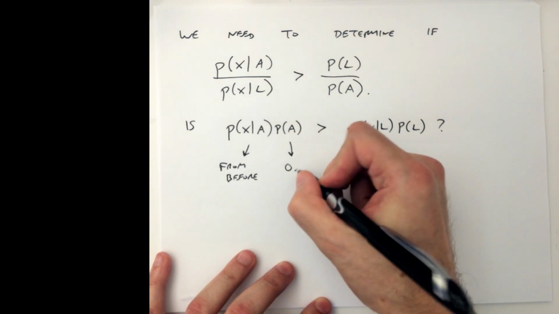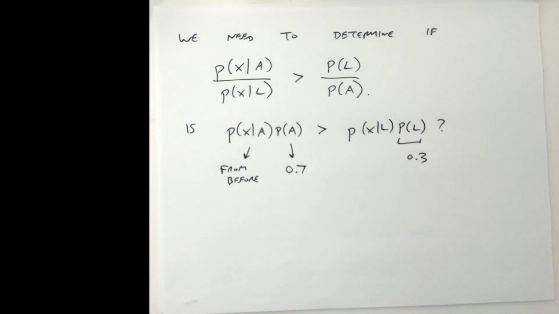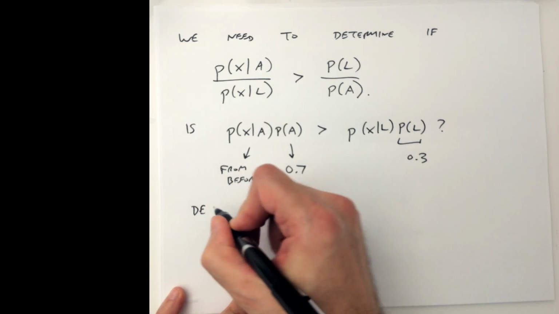Now this number is 0.7, and this number is 0.3. And so now the decision is maybe a little bit less obvious because it's like saying, well, even though that number is between alpaca and llama, I think that alpacas are more likely than llamas, right? So the question is, how much bigger is that value, right? So we can do a derivation,